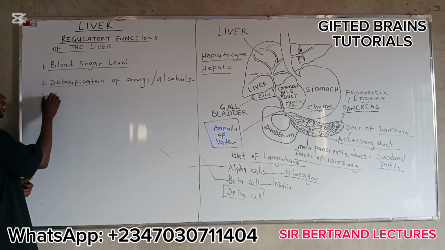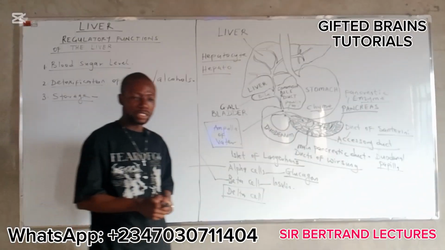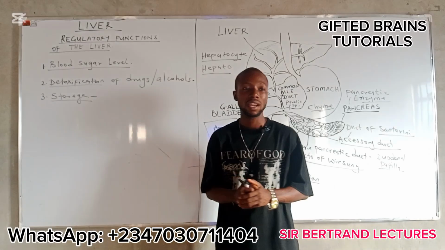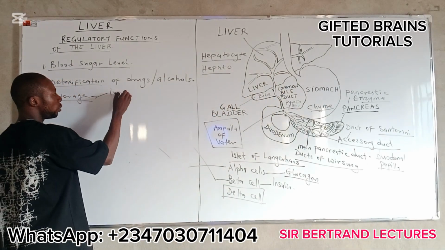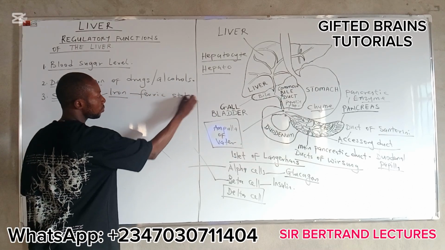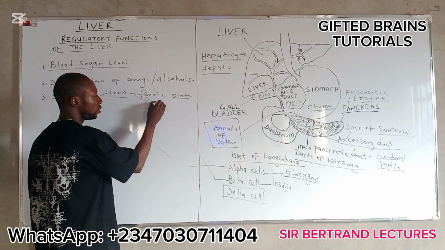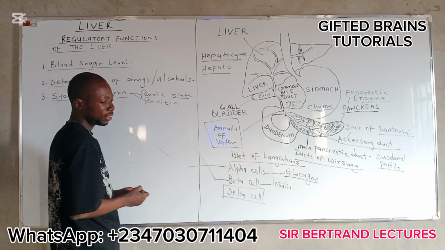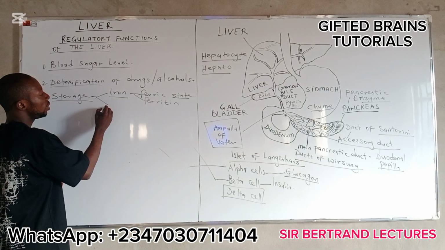The number 3 is storage. The liver is responsible for storage of some certain substances in the body. What does the liver store? The liver stores iron in ferric state, or you can say in form of ferritin. It stores iron in the ferric state. Then the liver stores